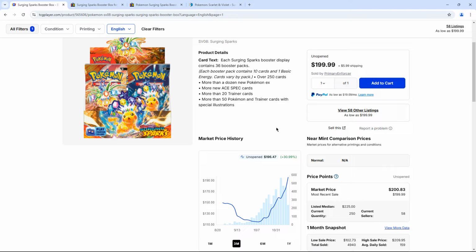So it's very interesting to see the shift of focus. Everyone back then was talking about Twilight Masquerade, and now people are talking about Surging Sparks. It's a crazy thing, and obviously you guys saw my previous video showing my positions. Obviously, I'm happy, and there's a funny video later today. At the end of today, you'll see I made another video addressing the video where I showed all my positions in Surging Sparks. So I just wanted to update you guys and show you